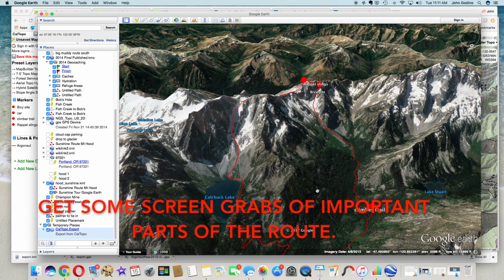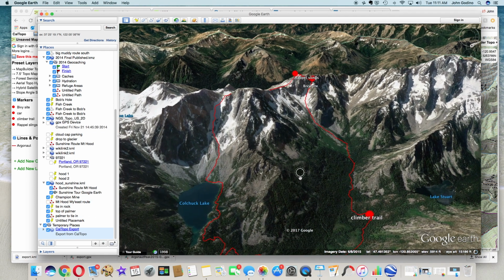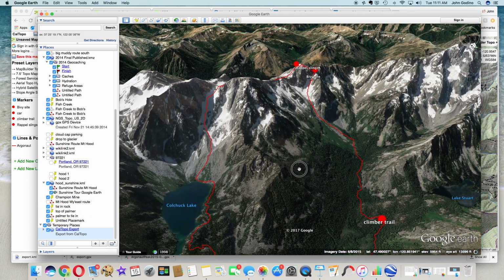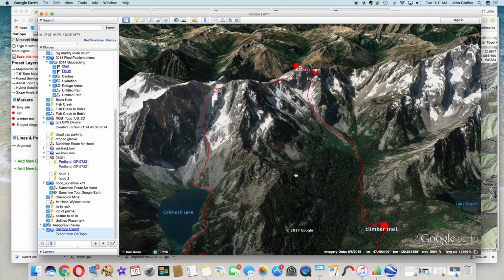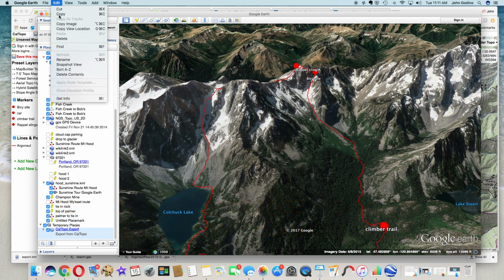We can take some screen grabs here of the off-trail technical part of our route and take them with us for navigation while we're in the field. So to do that, you want to zoom and pan around a little bit and see what angle looks like it's going to be the most helpful. So this covers the area that cuts off from the climber's trail up to the top and then back down to Kolchak Lake. So that's a pretty good section to get. Let's grab this with a screen grab, and to do that we can go to the Edit button here,